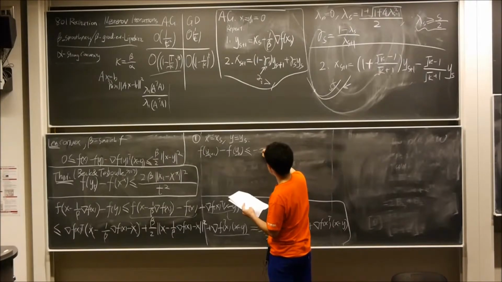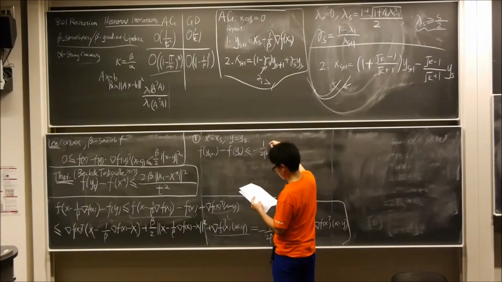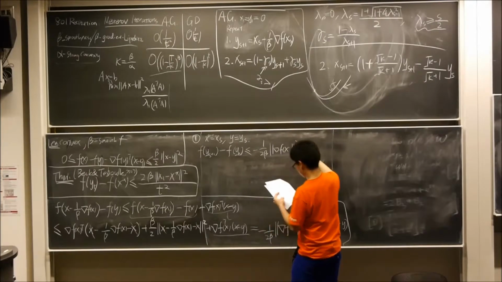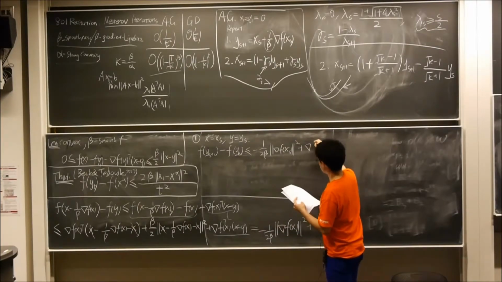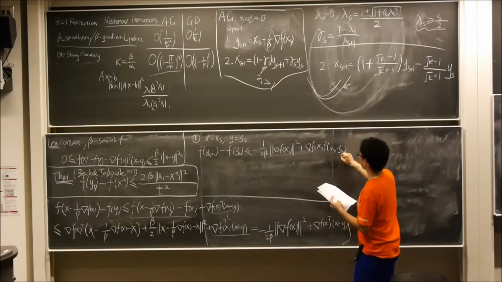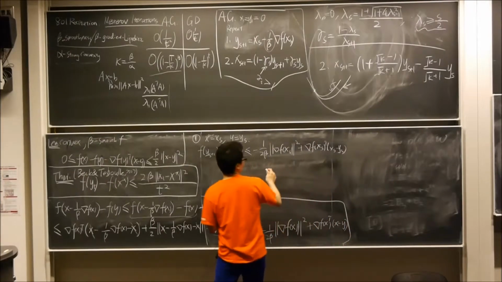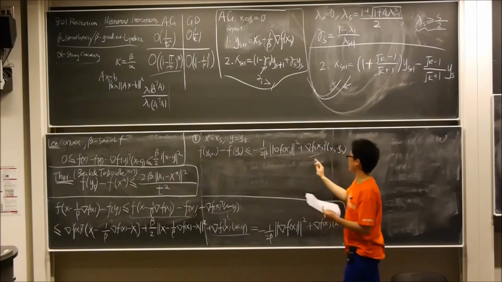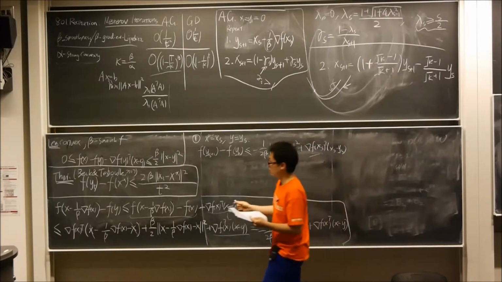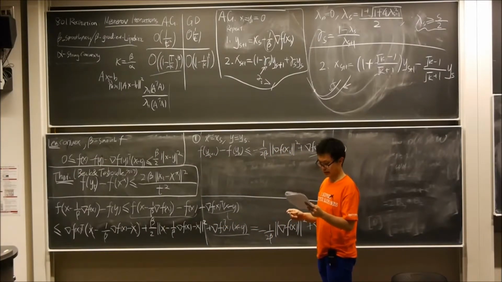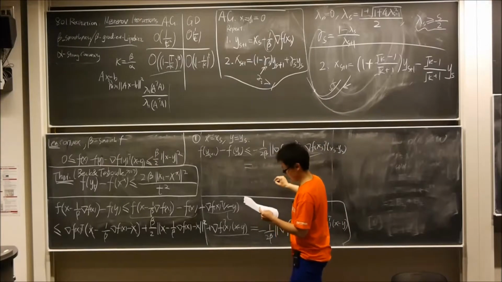We get minus 2 beta, and this thing and this thing, they are like the difference. They are the difference between s plus 1 and x. So we can also write it as